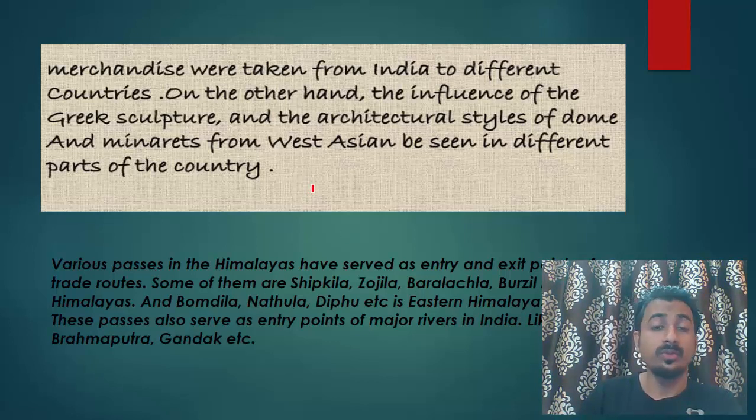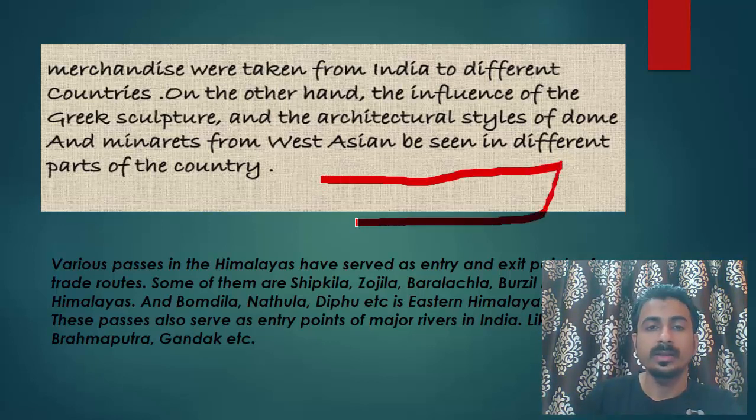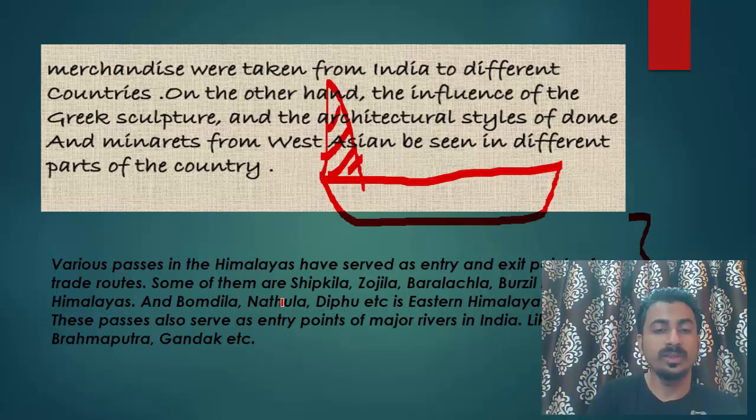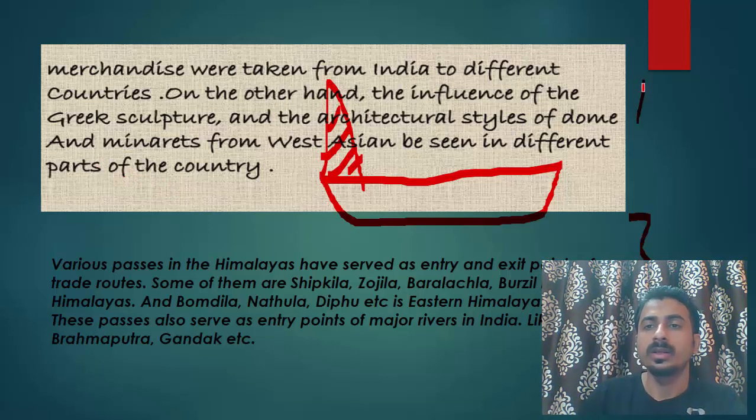Now you must be thinking that at that time ships were not that prevalent. Then how did they come to India for trade? I mean, before Britishers came, at that time there were ships, but before that, you must know that in the Himalayas there are many passes through which trade occurs, through which movement of people occurs. In India various conquerors also came, like Mughals and others, and earlier also in ancient India, like Huns and others.